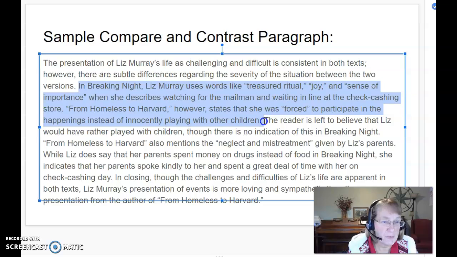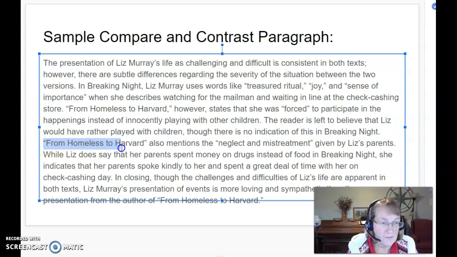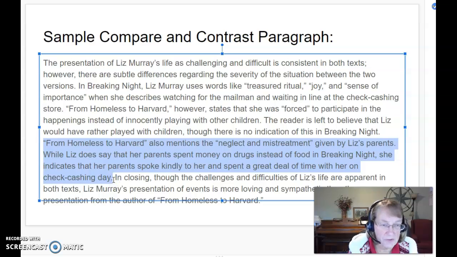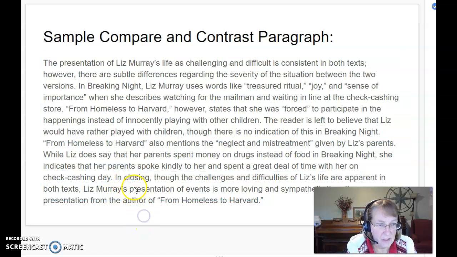The reader is left to believe that Liz would have rather played with children, though there's no indication of if they need help, in Breaking Night. Homeless to Harvard also mentions another idea, the neglect and mistreatment given by Liz's parents. While Liz does say that her parents spent money on drugs instead of food, in Breaking Night she just indicates that her parents spoke kindly to her and spent a great deal of time with her on check cashing day. So we've got really two major differences they're talking about as we compare, and then we have our concluding